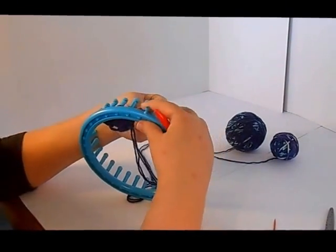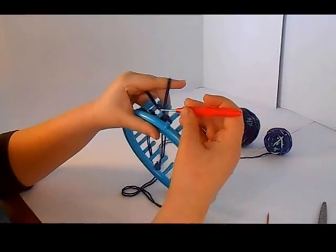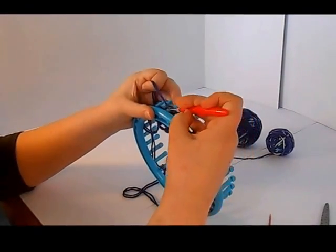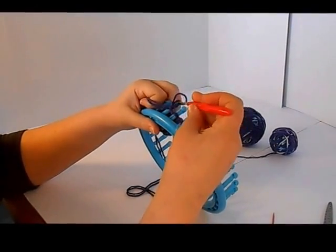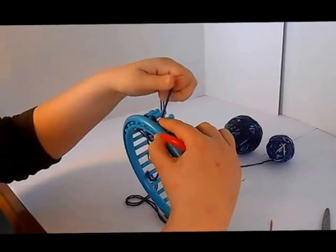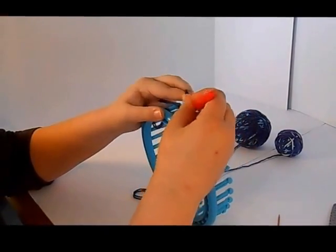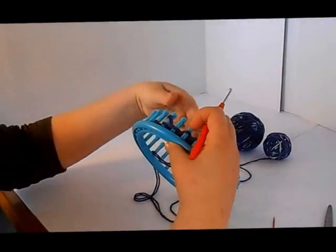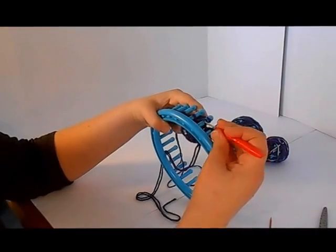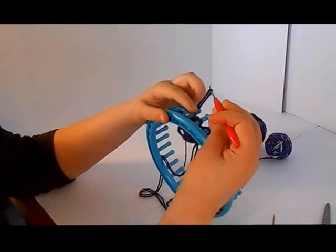So now that we've joined back with people who did option number 1. So again, just purl, skipping this peg, the very first one, and stop after you hit the 3rd from the left. So we want 2 pegs that we haven't purled to the left of where we stopped. Go. And we're going to bring our working yarn back and around the peg to the right, knit over, push down, purl 2,